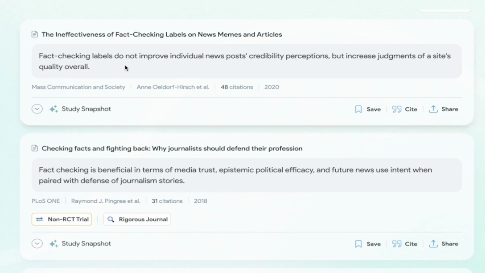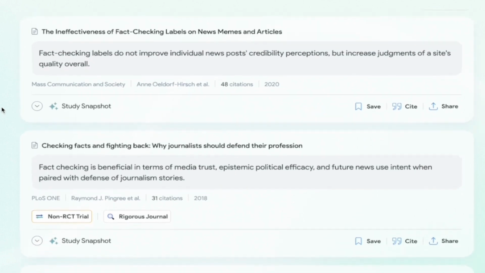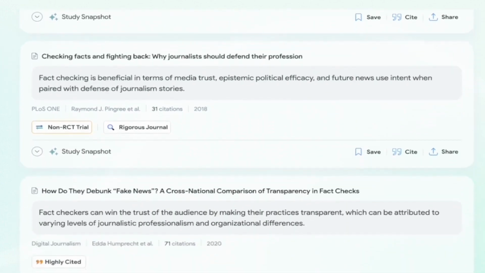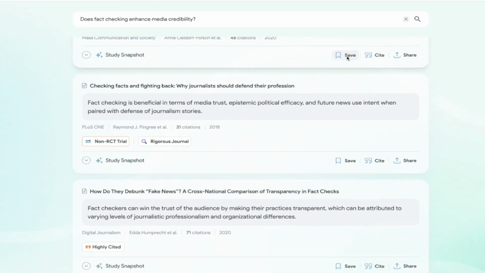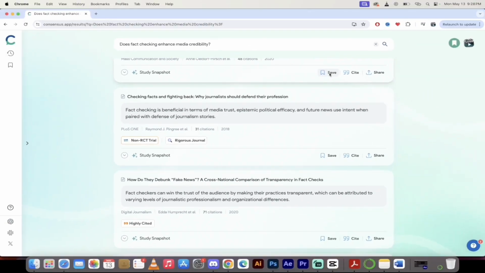Okay, that's very interesting. It gets more interesting here because it actually says what journal it was published in. So it was published in Mass Communications and Society. Here are the authors. Here are the number of citations, the year it was published, and just more and more here. If I want to save this to a list, for example, like I'm creating a reference list, and this is one of the ones I want to use,